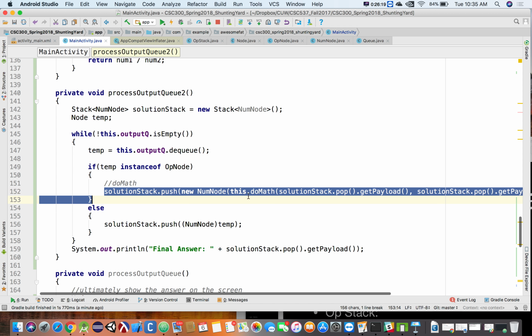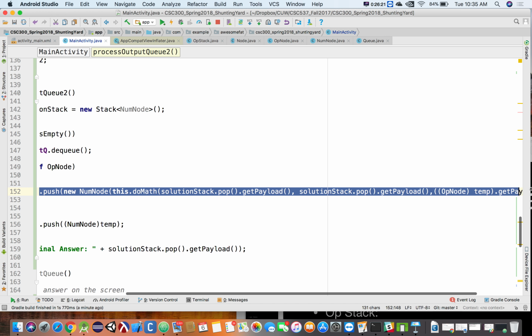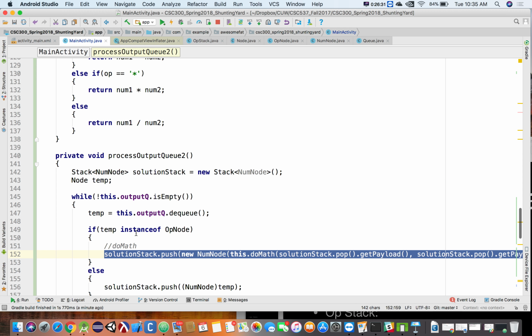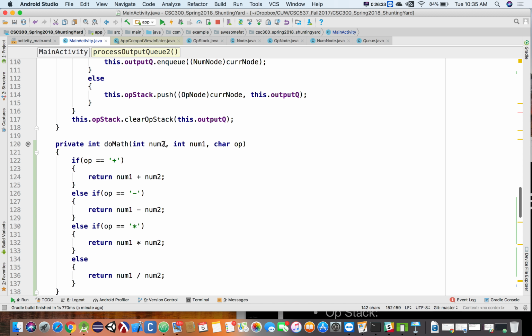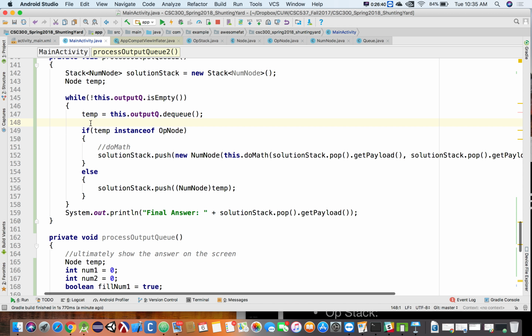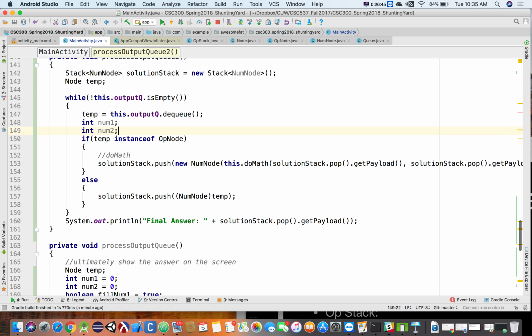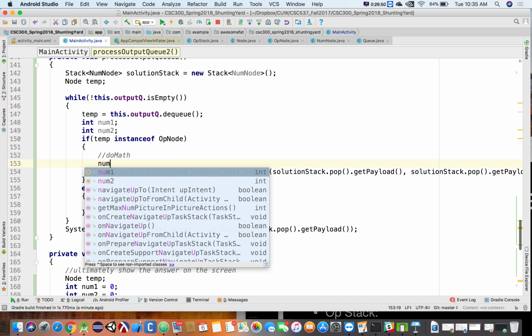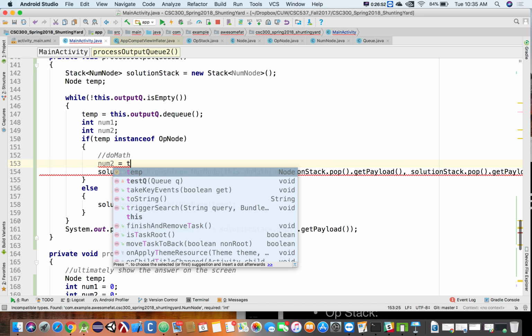All right, now this line is fairly nasty looking, right? I would not encourage you to write it like that. Technically it worked, but we didn't need to have it that crazy. So I'm just going to switch this back to num1 and num2. Then in here we're going to create an int num1 and an int num2. When we do the math, we're going to say num2 is equal to